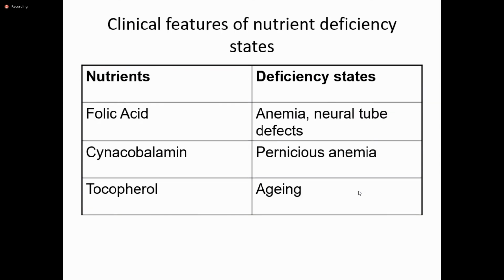So folic acid deficiency will lead to anemia, neural tube defects, vitamin B12 deficiency, pernicious anemia, and vitamin E,